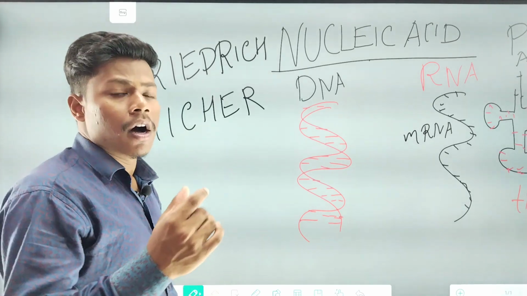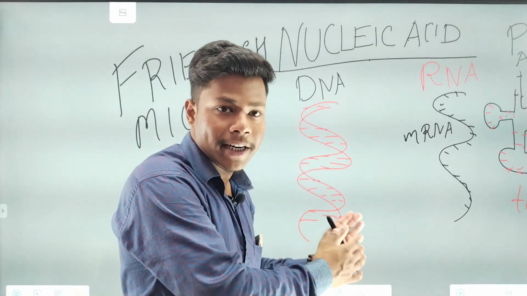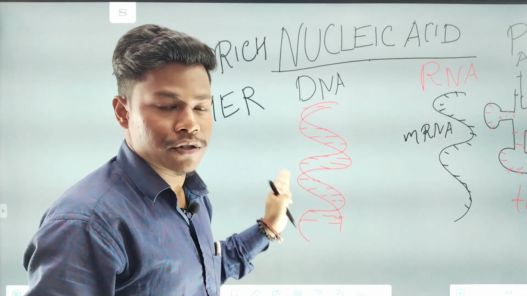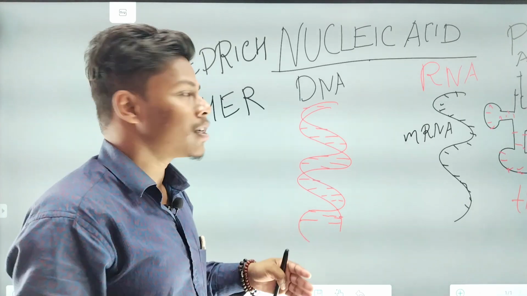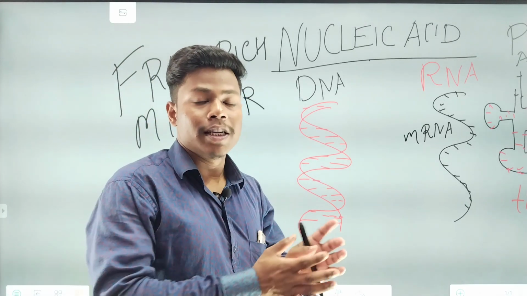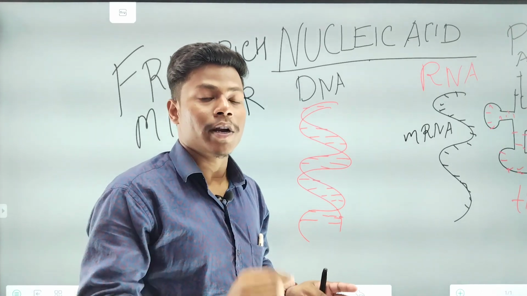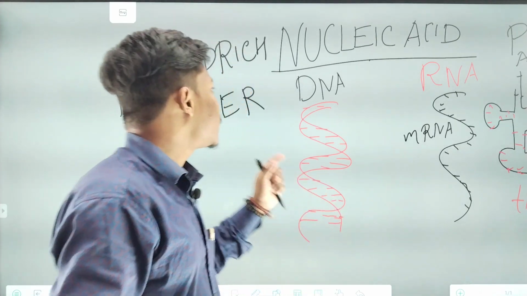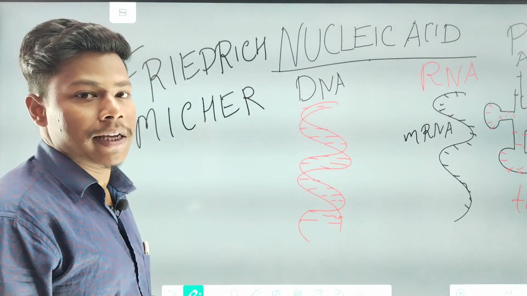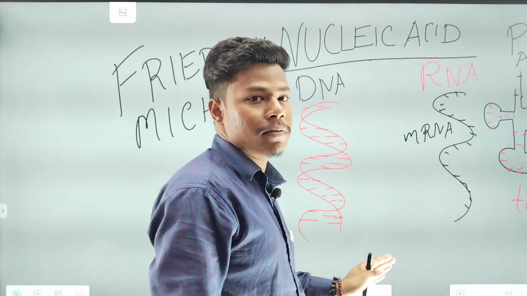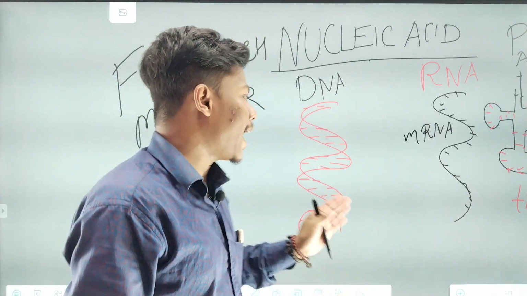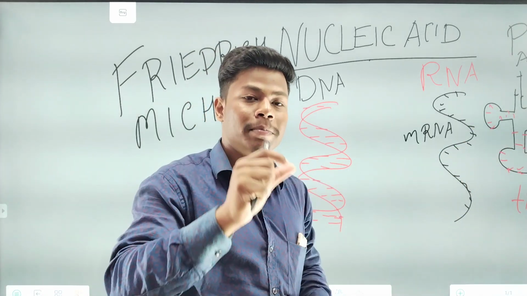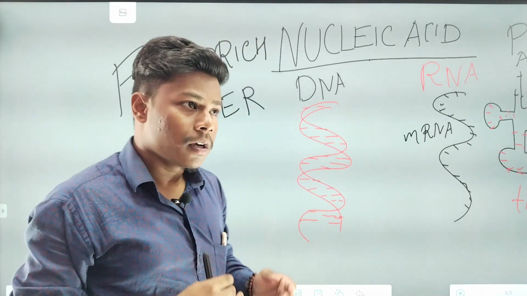Their structure was not discovered yet, but the word nucleic acid was basically coined by the scientist Friedrich Miescher, who found this DNA and RNA in a bandage, an infected, blood-containing bandage. He discovered this nucleic acid, and later on their structures were given by various scientists. And the most famous structure, the double helix model, or the B-DNA model, was discovered by